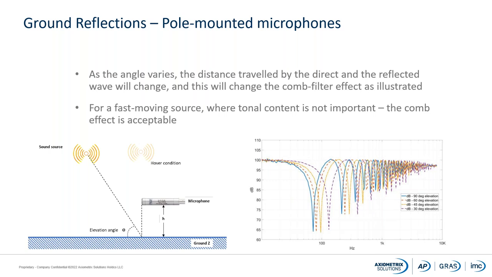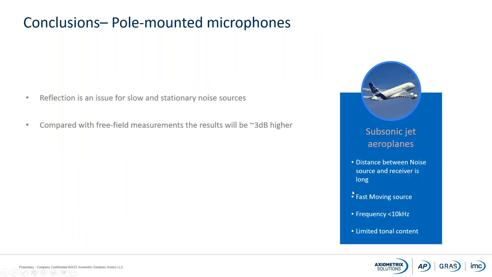And you are perfectly correct, because if we are changing the elevation angle here, then of course you will change the comb filter effect, and therefore it will sort of even out the effect of the comb filter. So if you're not interested in tonal content, and if it is a fast moving source, this is actually quite a good measurement. So therefore, if we take a look at summing up here, we said that for subsonic jet